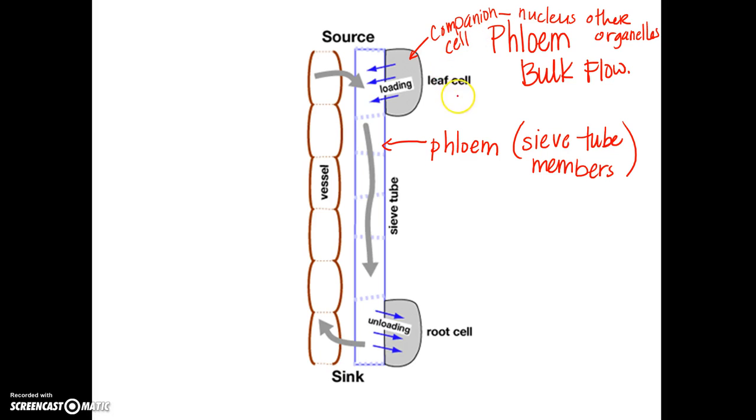Now, here's what's going to happen. The leaf is going to make sugars through photosynthesis, right? So photosynthesis happens, light reactions, Calvin cycle, sugar is going to be produced, right? We're going to actively